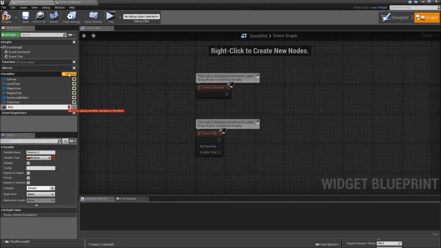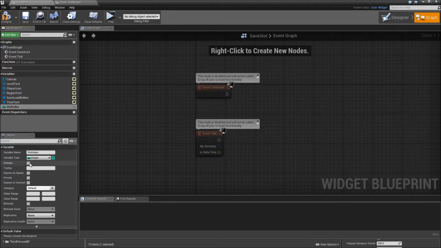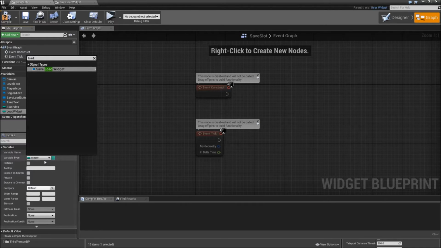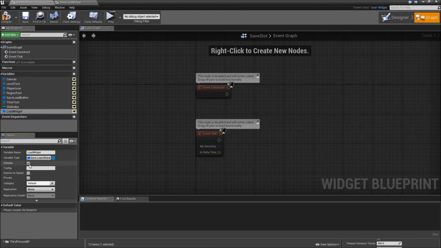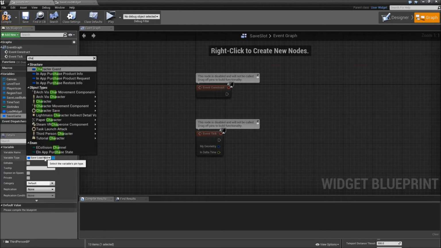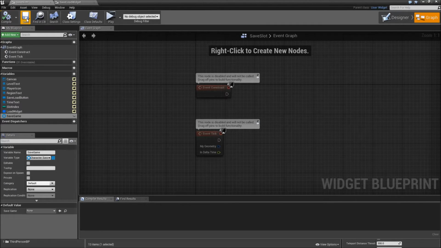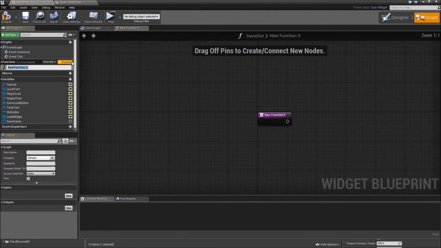First off, the slot index, which will be an integer, editable and exposed on spawn. Then a reference to the load widget, which will be the save load widget reference, again editable and exposed on spawn. And finally we will need a save game reference, and that will be a character save reference. Okay, compile and save. Also we want to add one function here called update,